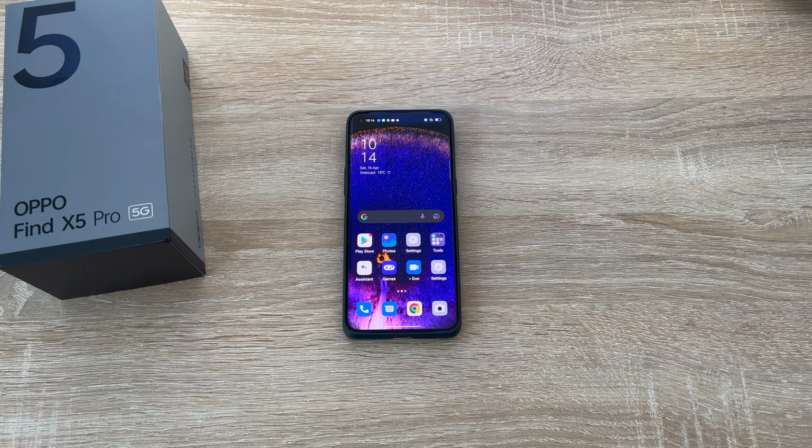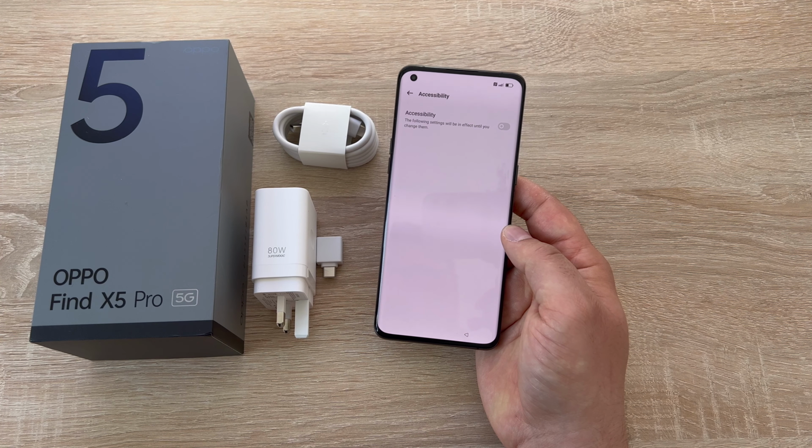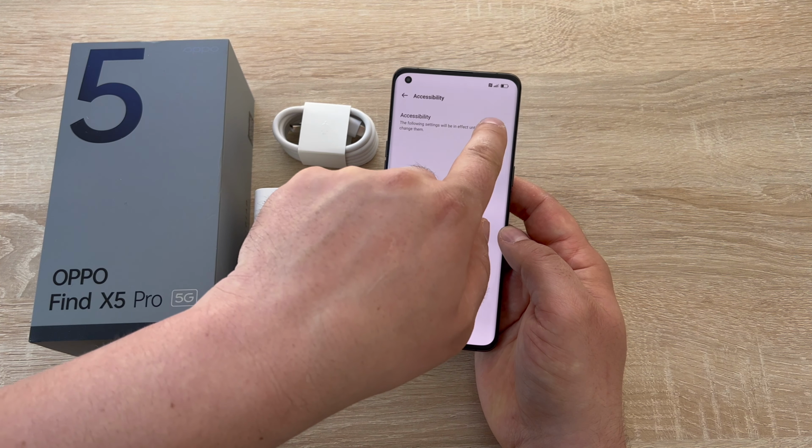In today's video I'll be sharing all the accessible settings and features you can change to make your Oppo device more accessible to you. Just to let you know, today we'll be using the Oppo Find X5 Pro 5G. There are accessible settings that you can change and adjust right at the beginning stages of using your smartphone during